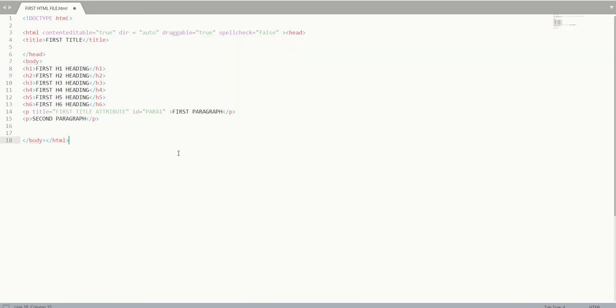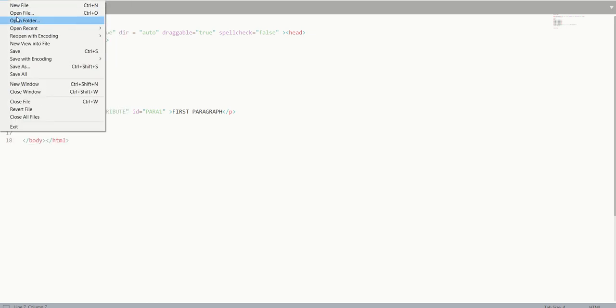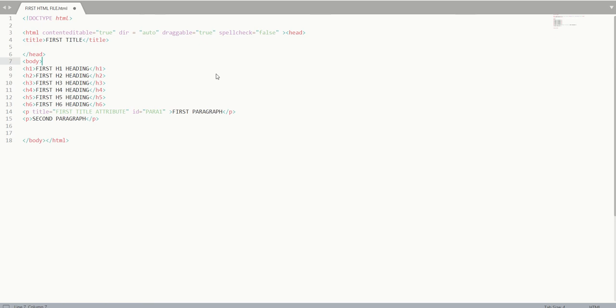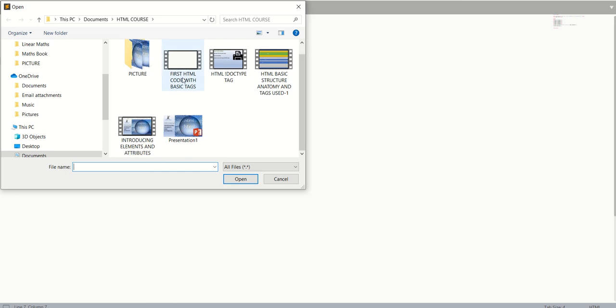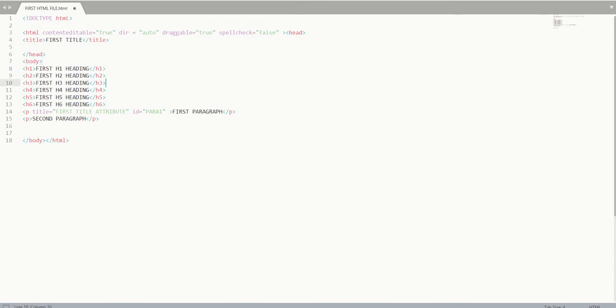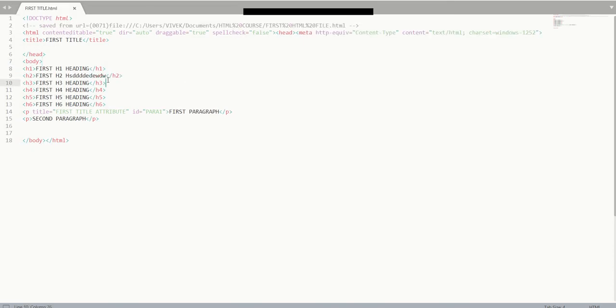And as soon as I do it and open it again, you'll see this has been changed, right?